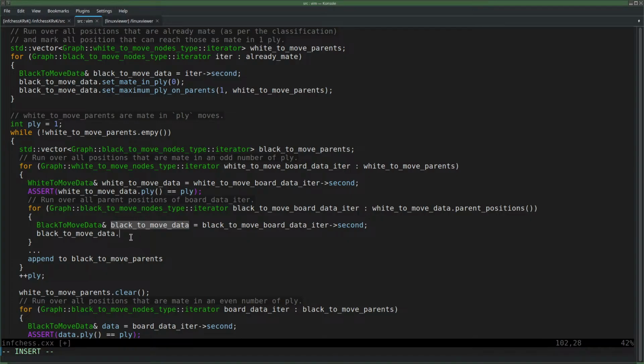So I want to visit all the parents, or white to move, I guess. No, it must be black to move. Yeah, okay, sorry. These are the what? White to move data? Why is this black? Oh, the parent positions. Yeah. I run over the parent positions of the current position. The parent position then there is a black to move,